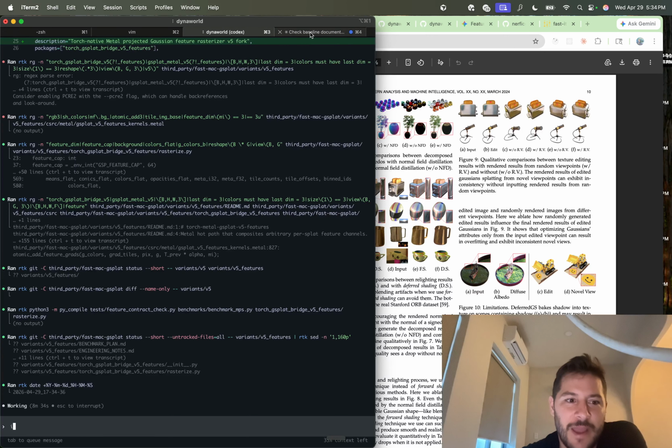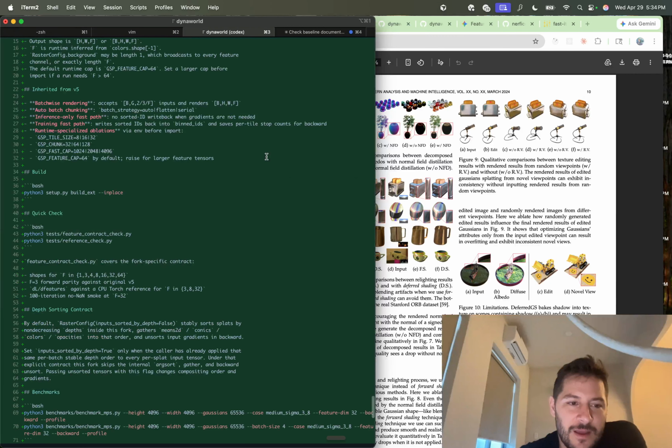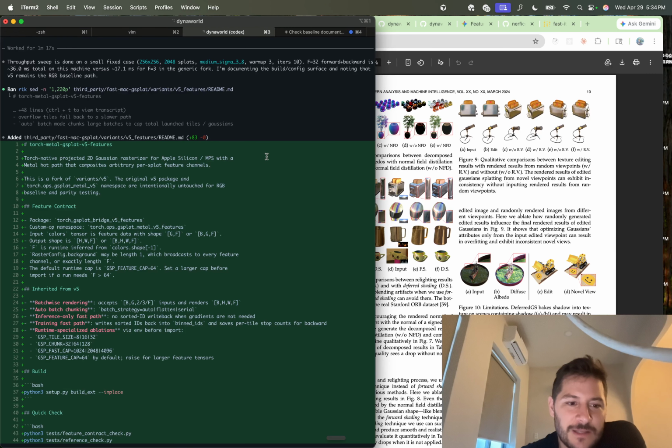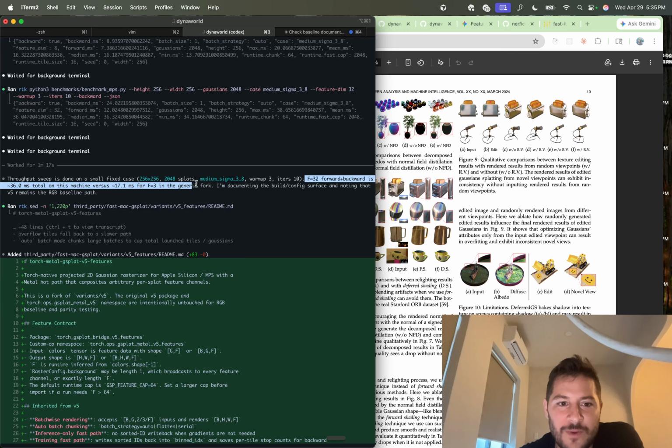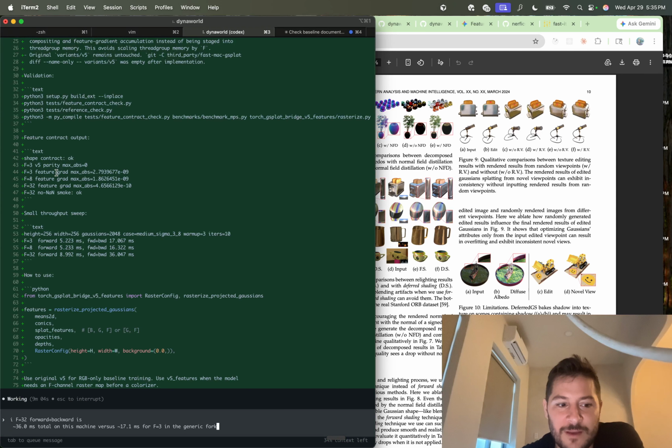But let's go back to our agents. I think Codex is slow because Metal shaders just take a while. But it looks like it's starting to add a README, and it's got V5 features, and it even ran a throughput sweep for us, which I did not ask for because that takes a while. But this is pretty awesome. If we look at the numbers here, Codex was able to write a rasterizer for us, and it only takes 36 milliseconds compared to